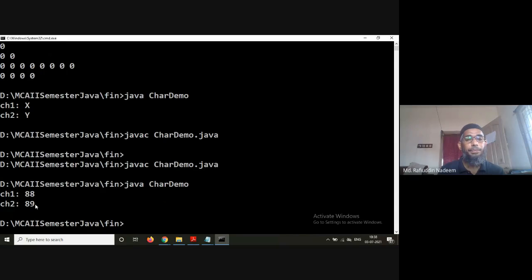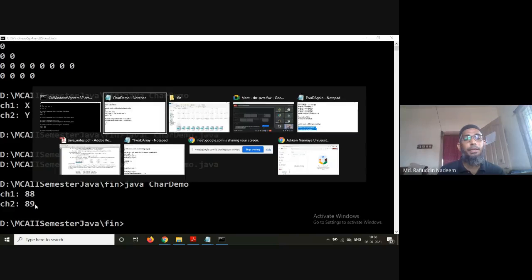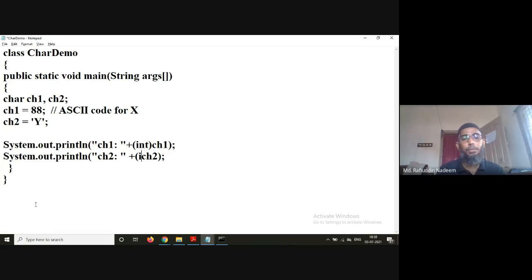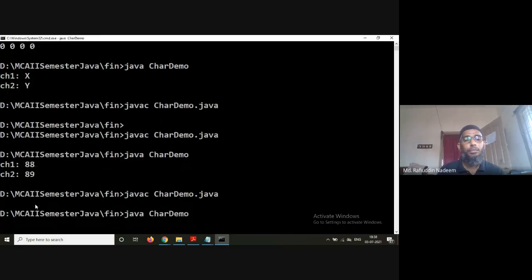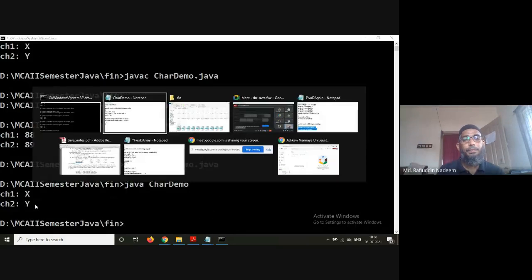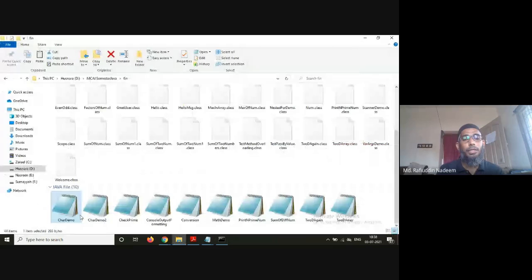So either you can typecast to display the integer value of a particular character, or if you directly give it like this, it is going to display the respective character. Okay. Then another example is also there under this.